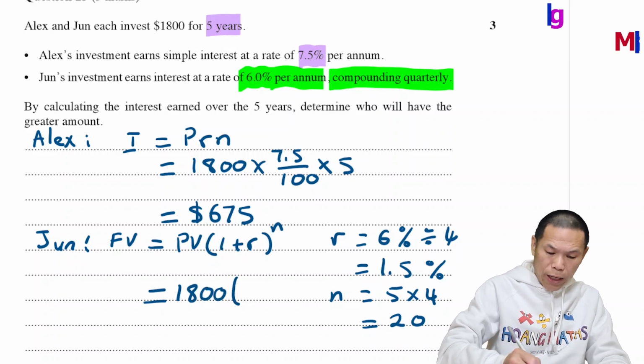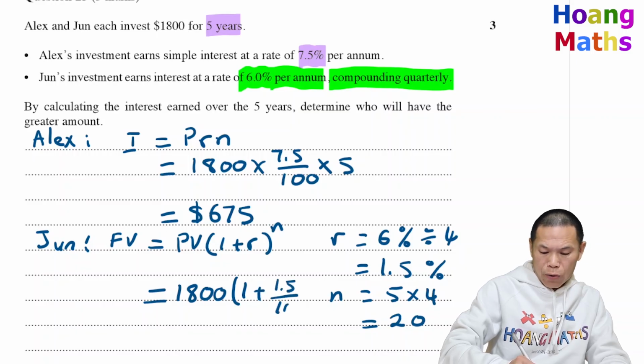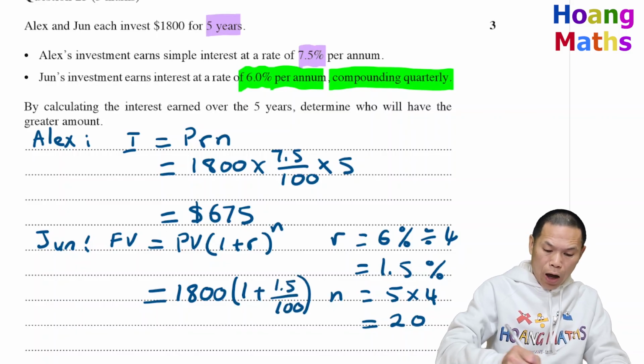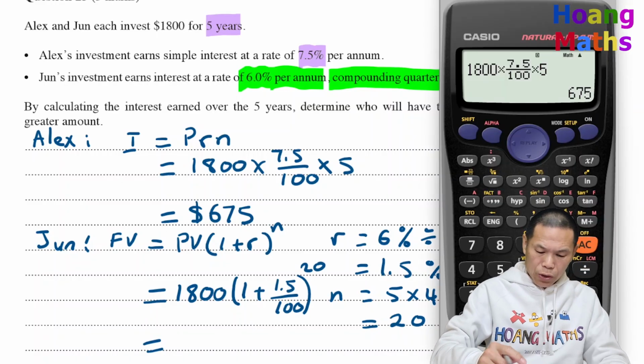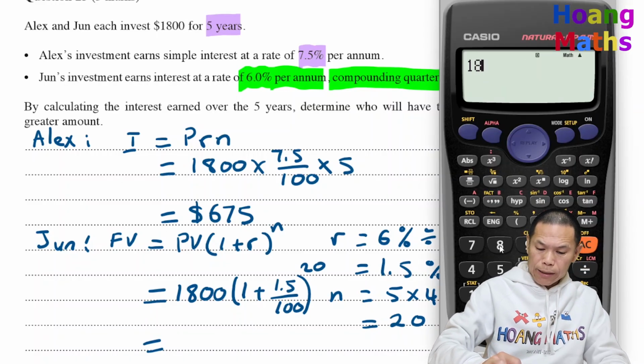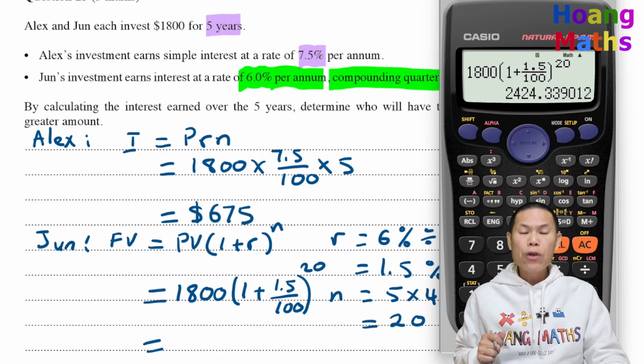And the interest rate is 1.5. So 1 plus 1.5 over 100, to the power of 20. So just go 1800, brackets, 1 plus 1.5% per 100, close bracket, to the power of 20. So there you go,